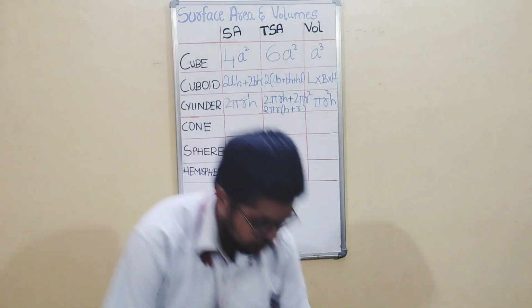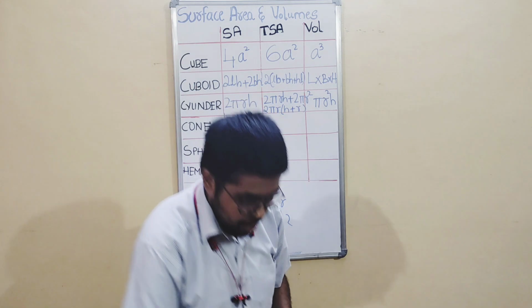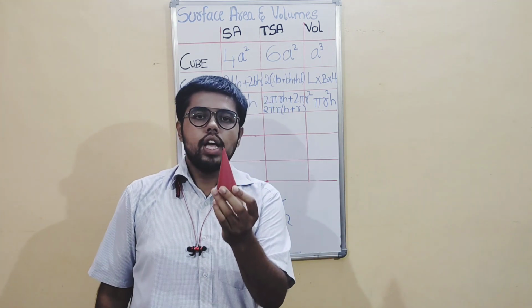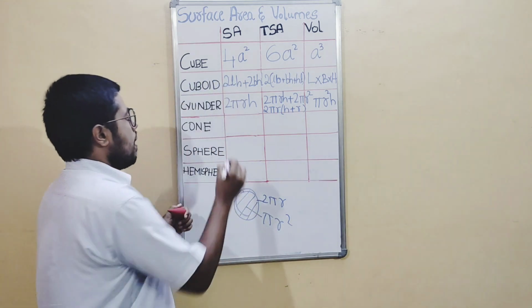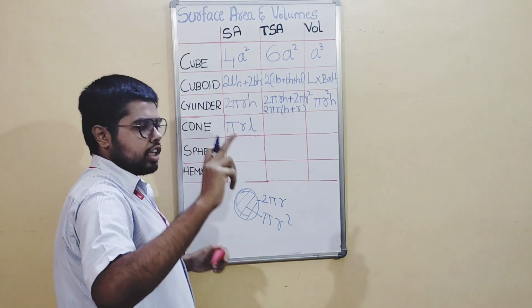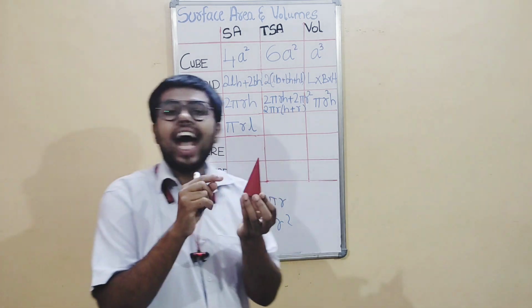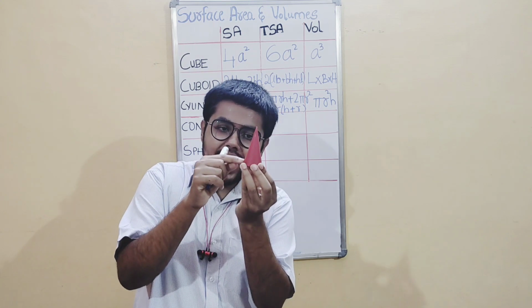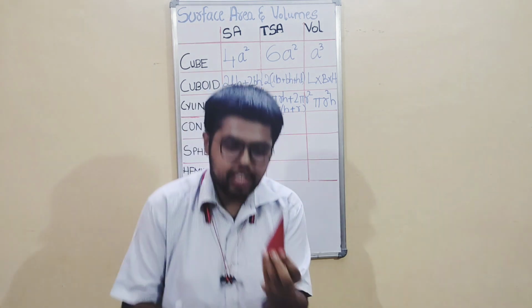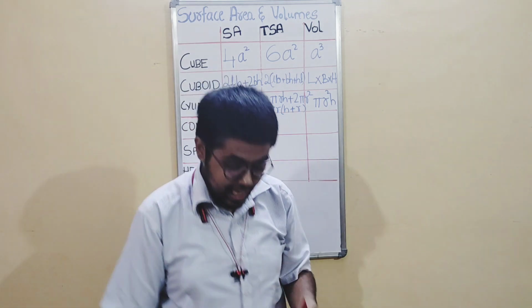Let us go to the next shape, that is the cone. Cone we know, cone is this shape. Now coming to the cone, what is the curved surface area of the cone? This formula is pi r L. And here you should remember there is one important thing that most of the time we go wrong. L is not the height. It is this slant height. See, it has a slant height or slanting height. So L is the slant height.